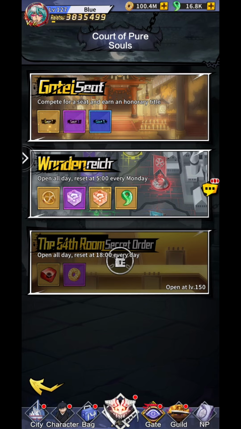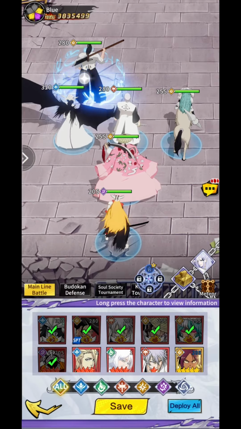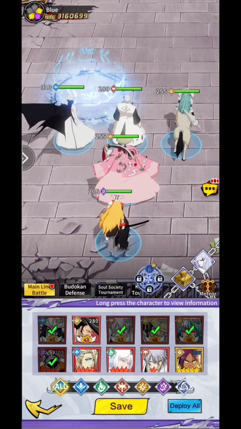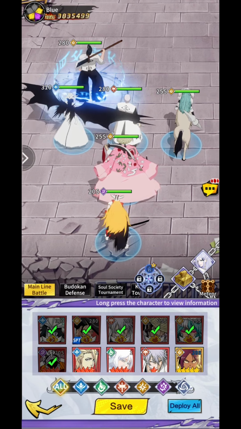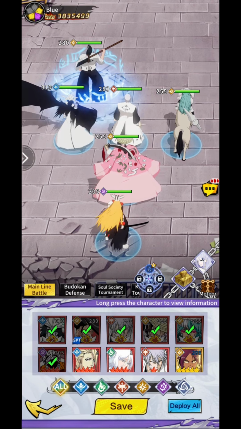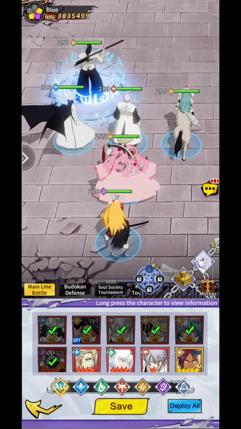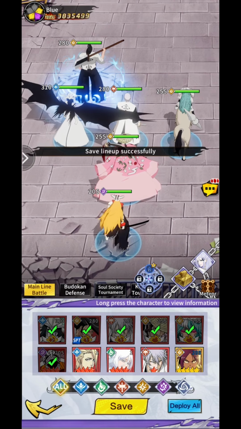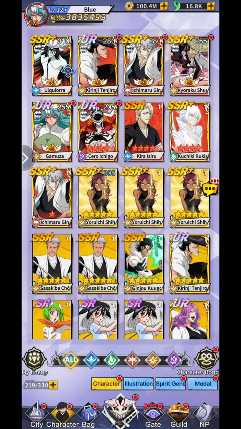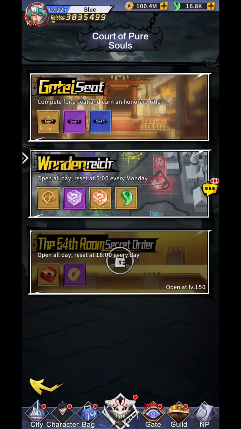That's it. At level 100, you will get a 6th unit in your lineup. This ring here will be red and you can unlock it. It has some minor quests that you need to complete, but it's quite simple, quite easy. So yeah. Anyways, at level 120, you unlock